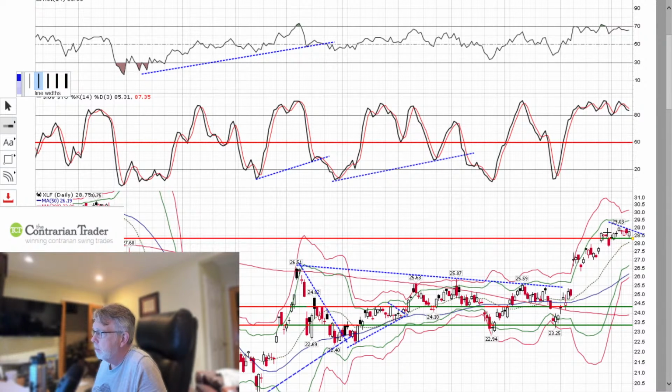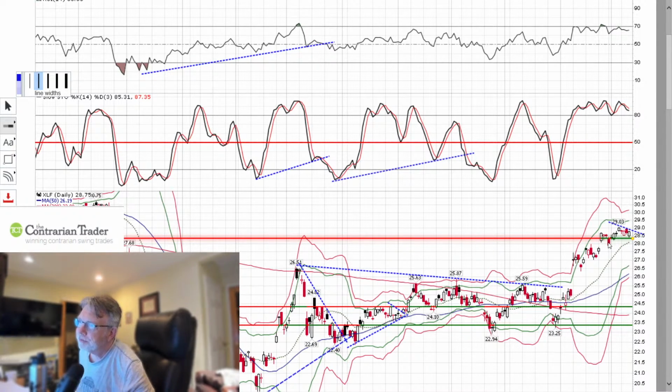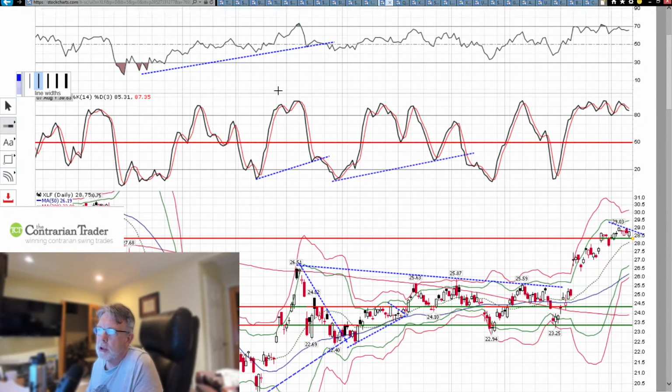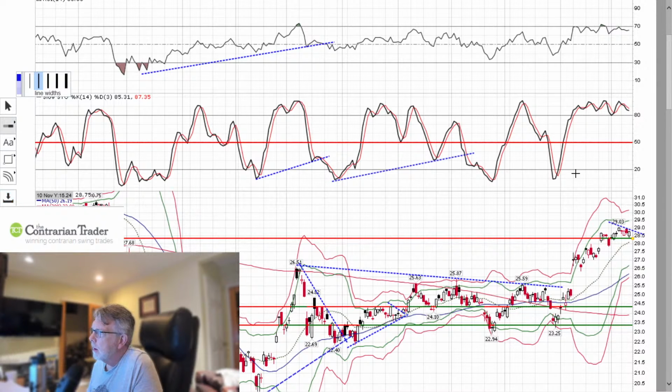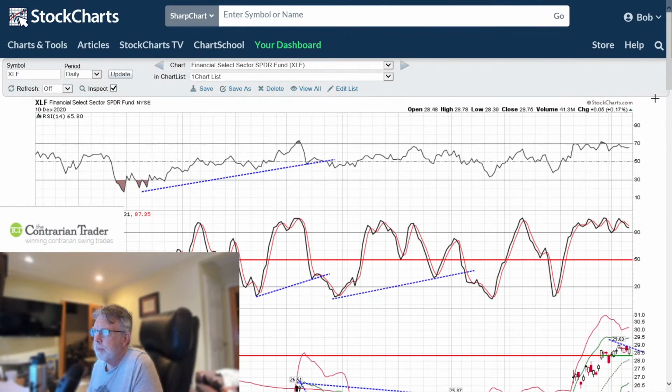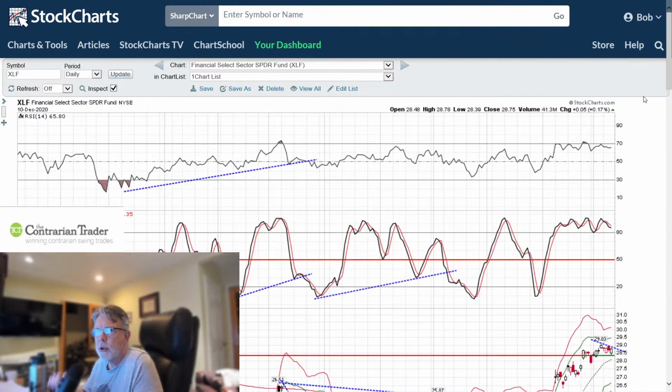This should be support. We should see a breakout. If we fail to hold this, it's not good. So beware. We've been slowly but surely taking profits on our longs, raising cash, and building on short positions.